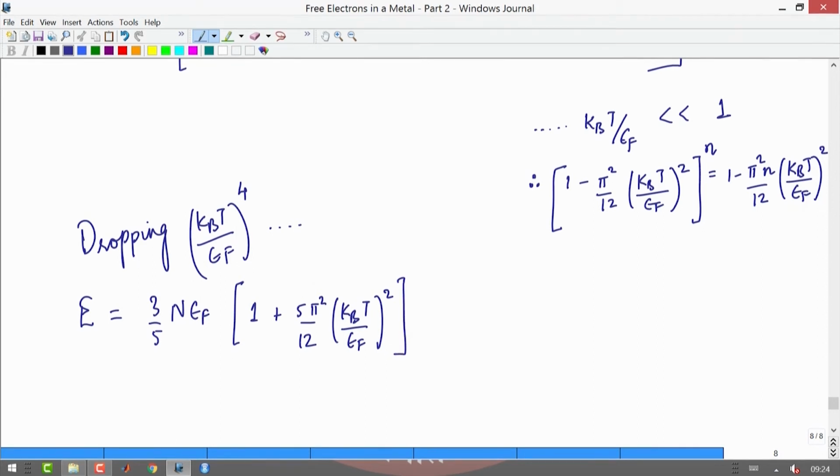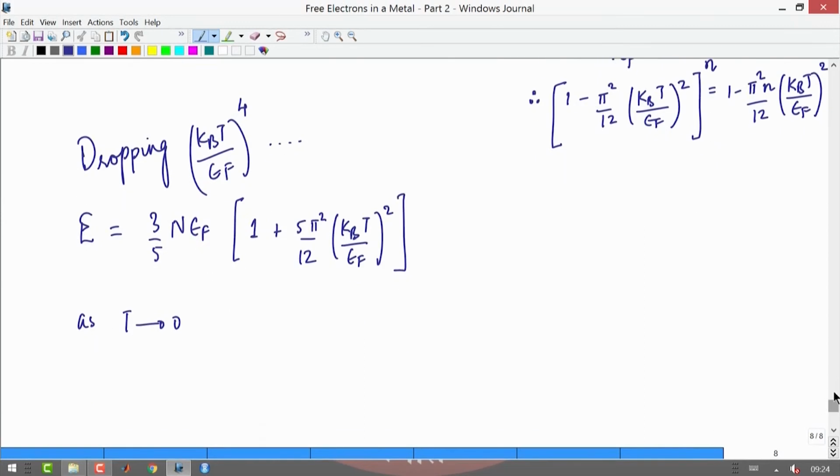So, now you can see that the leading term as T goes to 0, that is at absolute 0 temperature, the energy of my system is not 0. In fact, the energy of my Fermi electron gas at absolute 0 is not 0, it is given as 3 over 5 n times EF, okay. But this is not a thermal energy,